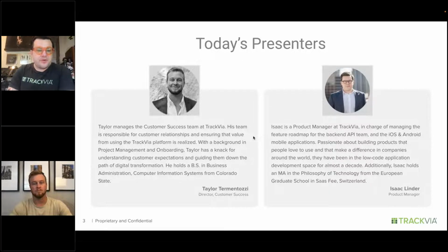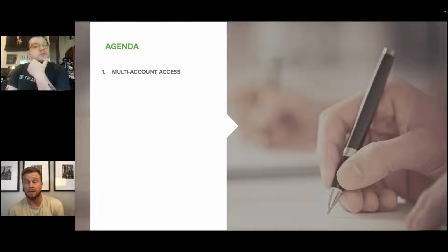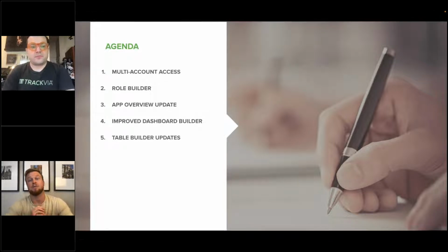Want to take us through the agenda real quick before we jump in? Yeah, absolutely. So starting off, Isaac is going to share his screen and take us through the first part of the agenda, multi-account access. This has had a few different names through the years. We will show you what it looks like in its current state, some updates to our role builder, and some enhancements to the UI and functionality there. The app overview, probably an overlooked page by many admins and super admins alike that we've updated. What are we changing on our dashboards and our tables, and a lot of the core and older concepts within